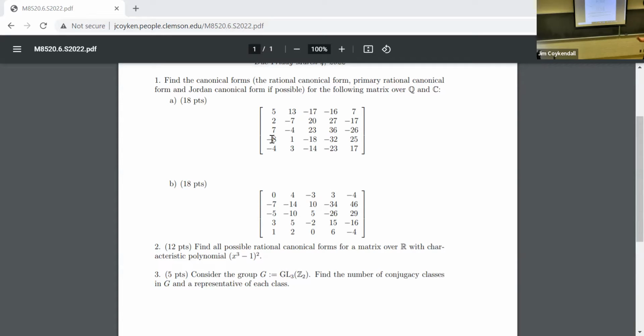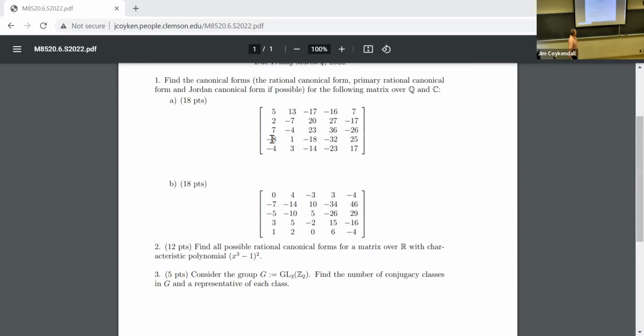But also don't just write the answers down. If I were doing this problem, what I would do is write the A minus lambda X form, and say I did it by hand, or I used MATLAB or Maple or whatever, and here's the Smith normal form. Now take that and do an interpretation and give me my answers there. I don't need your Gaussian elimination or anything. If you want to do it by hand, good for you, may make you stronger, but I don't need to see it.